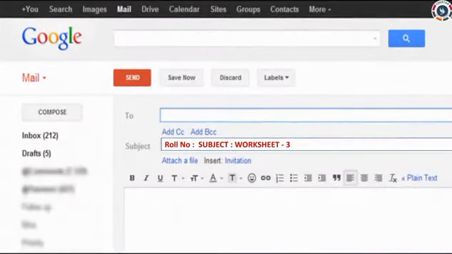We came to the end of this session. We have revised lesson 3, Bones and Muscles, and completed worksheet 3 also. Take a snap clearly and send it to us. Dear parents, kindly mention the roll number, subject and worksheet 3 also, and send separate mails for the respective subjects.